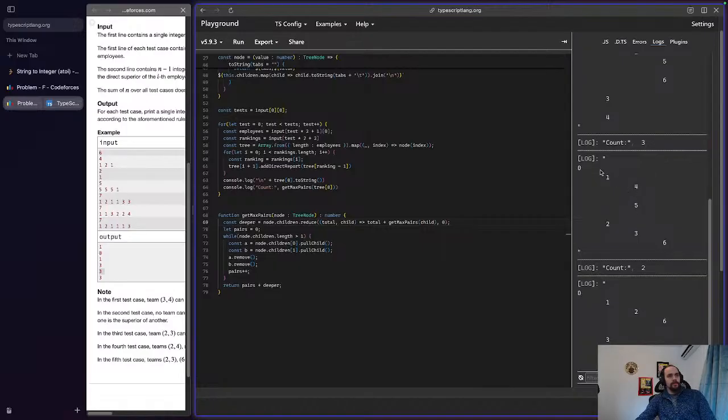So 4, 5. Oh. I was reading it wrong. Interesting. Okay, so I was trying to resolve all these children, but then it only leaves 1 for this. So we need to like